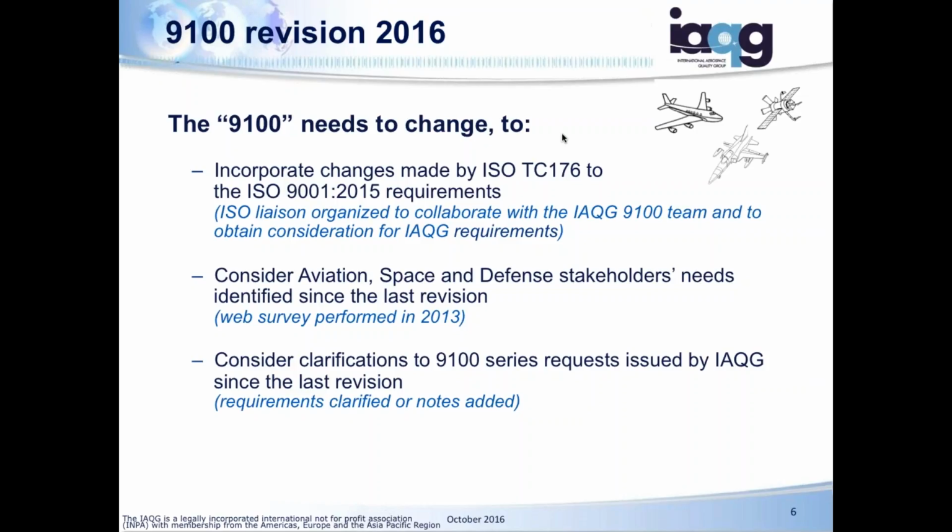And also, we get numerous clarifications with regard to the standard. If there are questions, in the past people used to just send the sector document representative an email. Today you can do that through Oasis. And what we do is look at those clarifications to say, how can we make the standard more clear in the future? Of course, the concern there is that if you try to solve one problem, you might create a whole different set of problems with the clarifications. So there needs to be some caution in making changes.